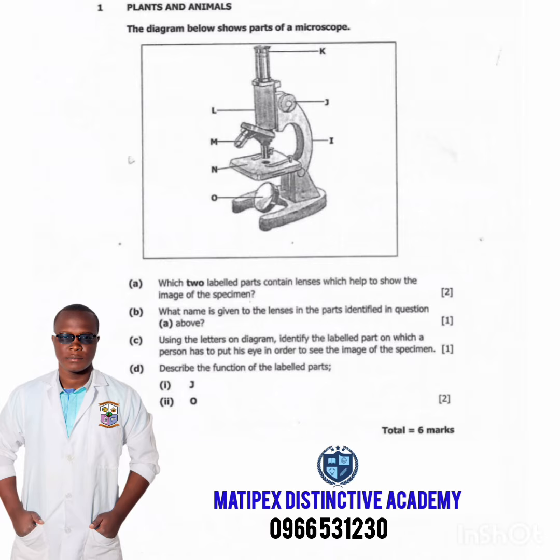So that's a microscope, guys. You're supposed to know. So O, that's the mirror. N, that's the stage. The function of the stage is where you put the specimen. Then M, that's the objective lens. The function of the objective lens is to magnify the image. Then L, that is the body tube. The function of the body tube is that it holds the objective lens. Then J, that is the